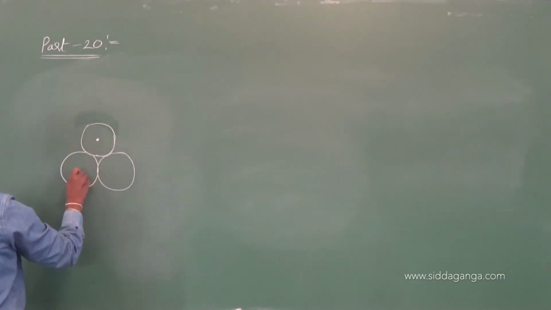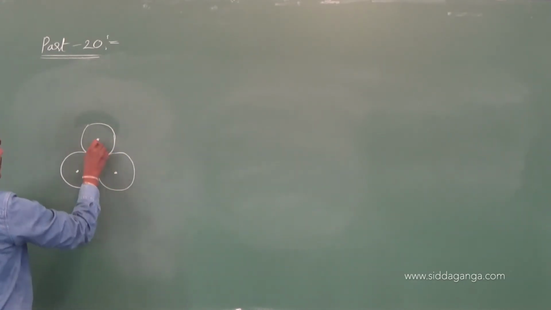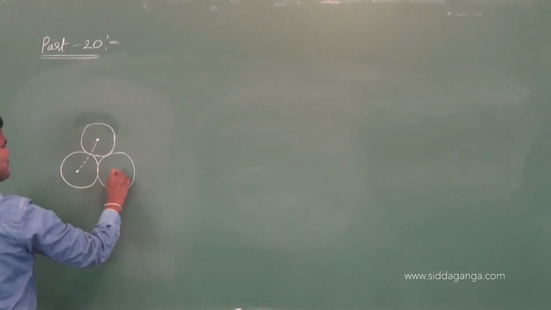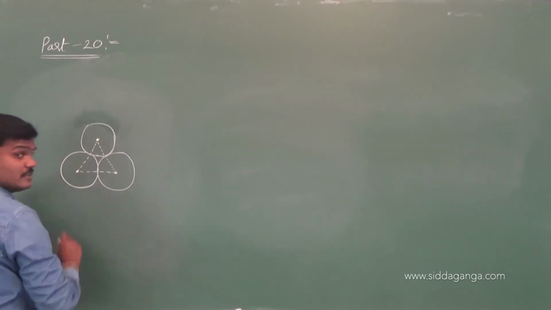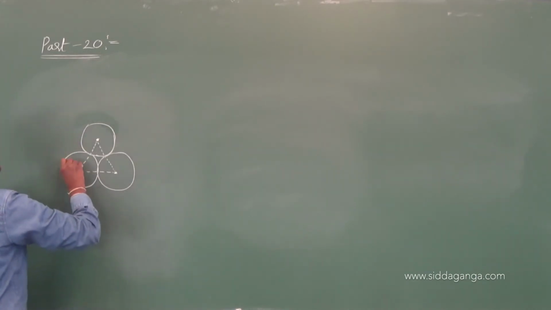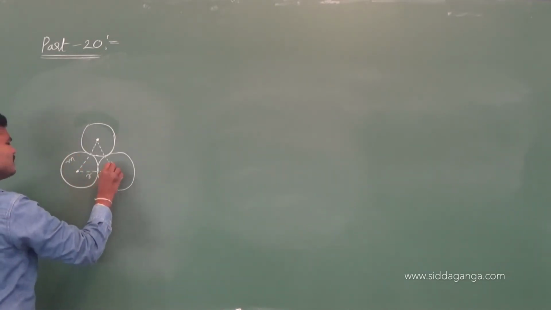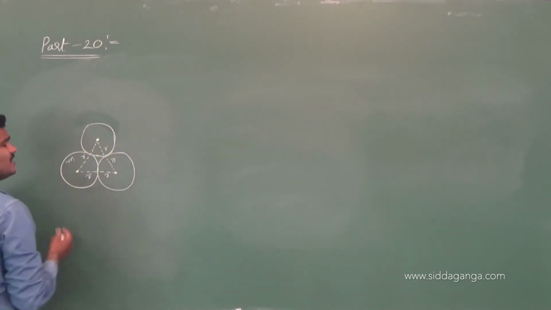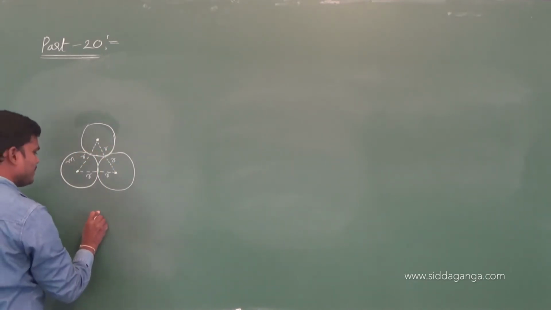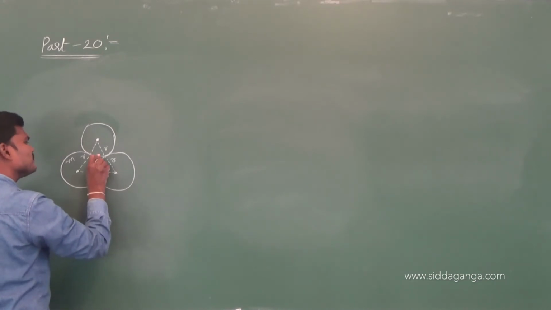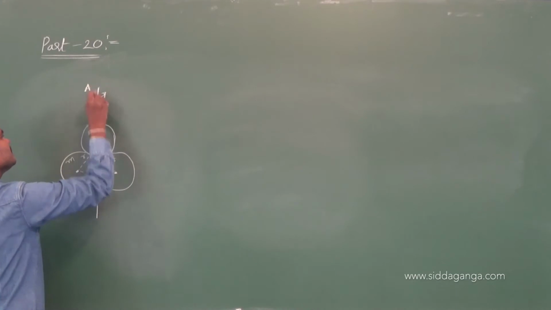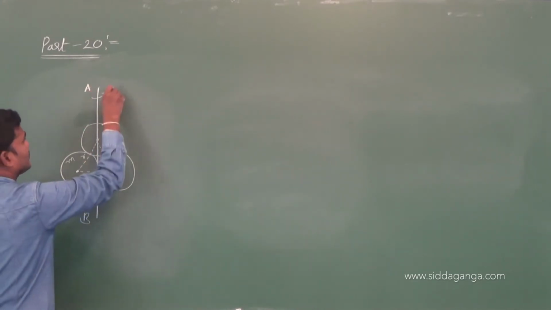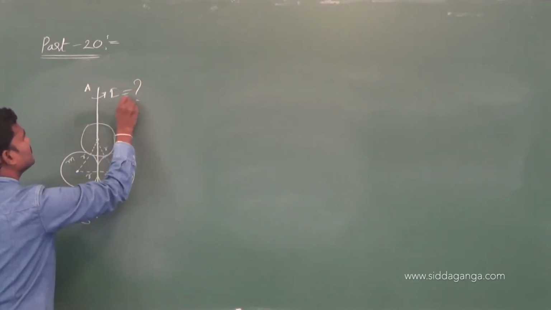Yeah, these are the centers. The centers form an equilateral triangle. And they mentioned this is the circular disc whose mass is m, whose radius is r. Small r, capital R, that's not a problem, but the given axis is like this, about this AB axis. The target is to find the moment of inertia.